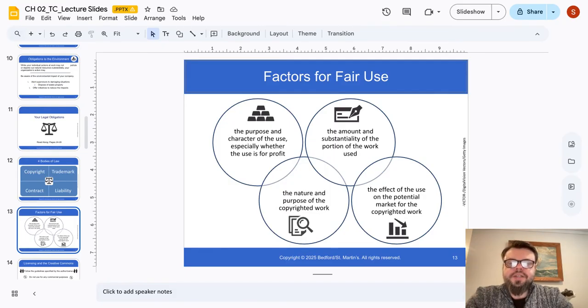So the key takeaway is this: you don't assume fair use because something is short, or because it's online, or because you're just using it for school. You use fair use carefully and responsibly, and you cite the source accurately either way. Another practical layer here is licensing, especially Creative Commons, which tries to make reuse clearer.